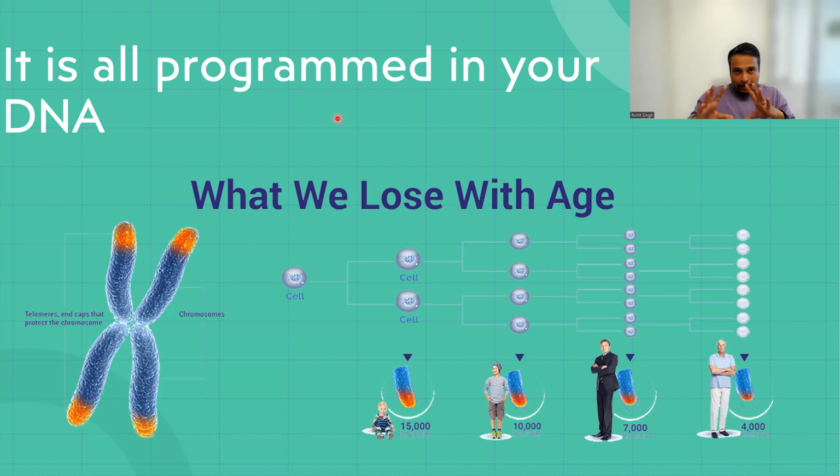I have explained what chromosome and DNA are before, but I'll explain again. You're a human, you're made up of organs, skin is also an organ. Each organ is made up of tissue. Tissue is made up of cells. In those cells, there is a nucleus and it has chromosomes in it. Chromosomes are where your DNA is wound into. So DNA is wound around this structure. All this blue is actually your DNA, and it is wound and then protected by these tips called telomeres. So when your cell divides, when you keep growing and your cell divides, it starts